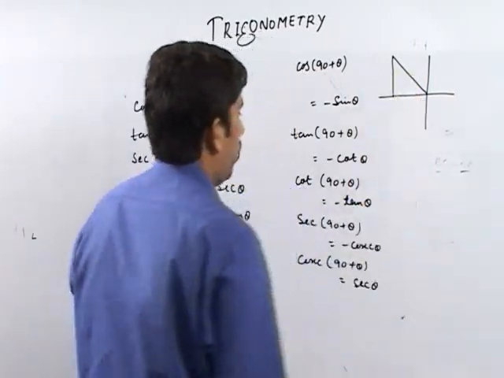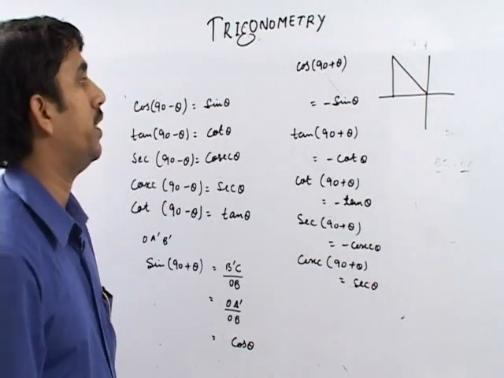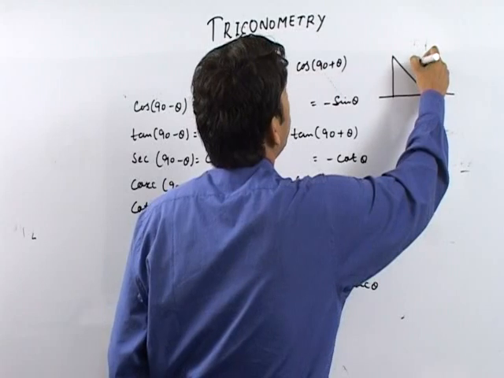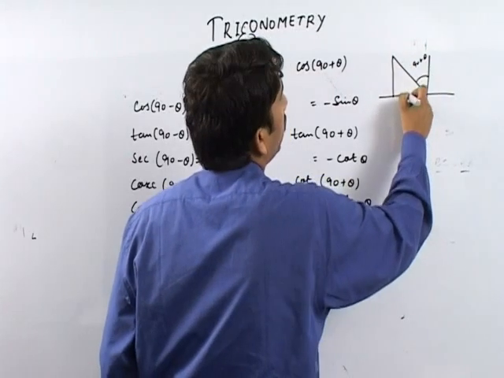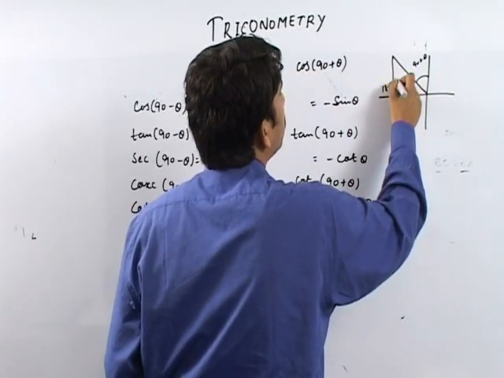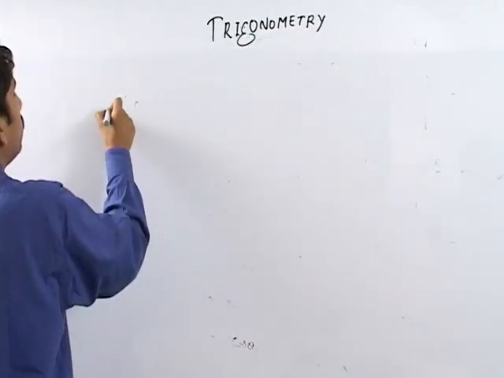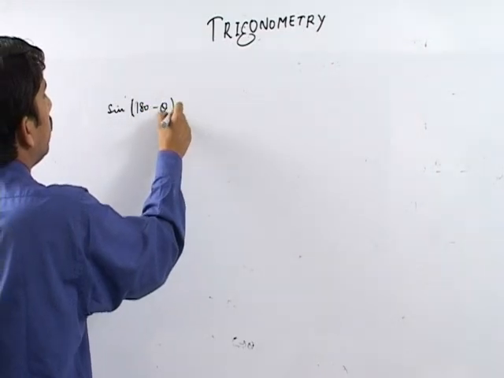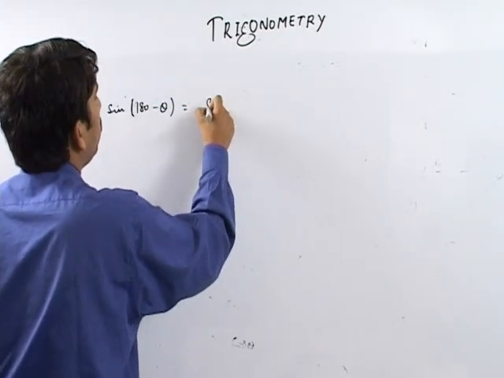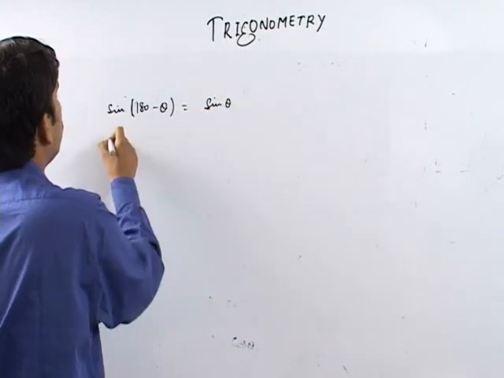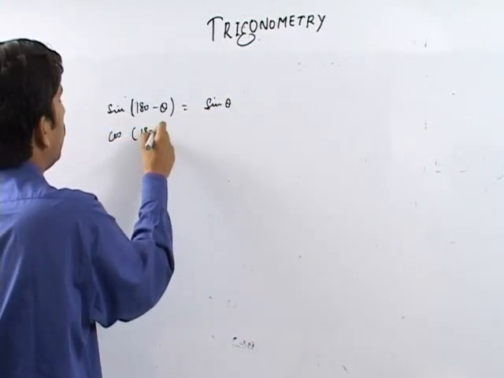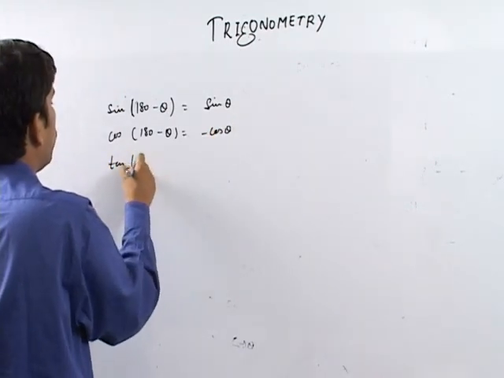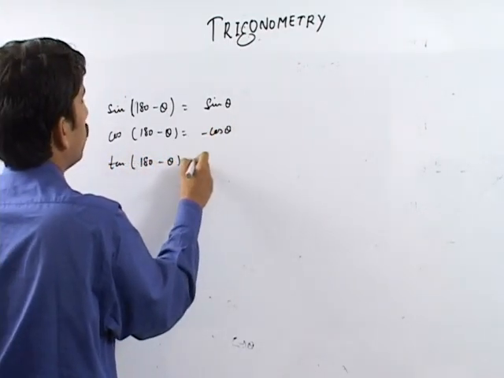Now, if you have to write an angle in the second quadrant, you can write it either as 90 plus theta or in another way, as 180 minus theta. When you write sine of 180 minus theta, the trigonometric function will not change. This will become sine of theta as it is. Cos of 180 minus theta is equal to minus cos theta, tan of 180 minus theta is equal to minus tan theta,